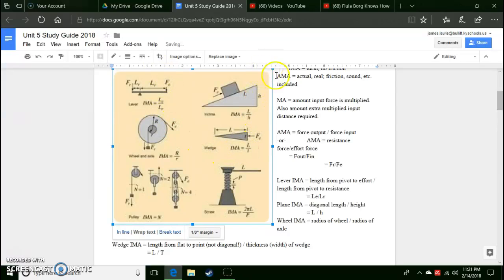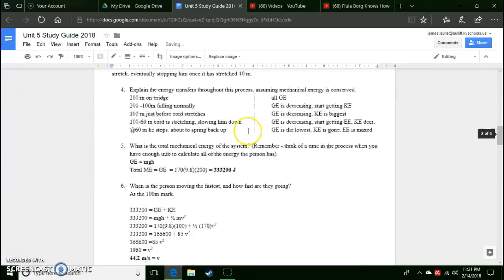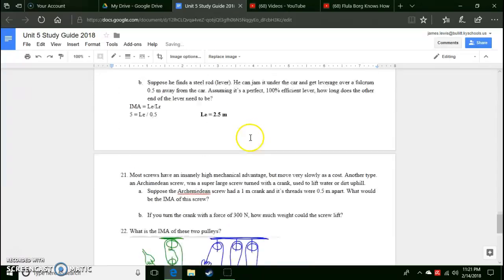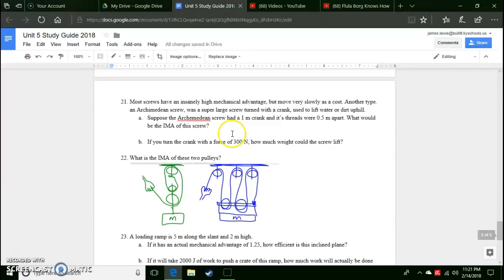So as long as he gets himself a lever that's big enough, he will be in good shape, and he can save Schmo from his car squishy death. So